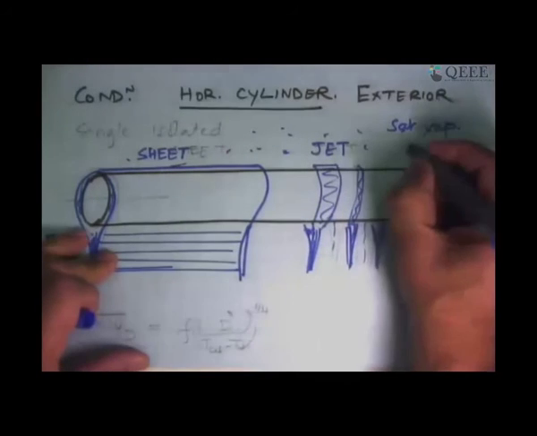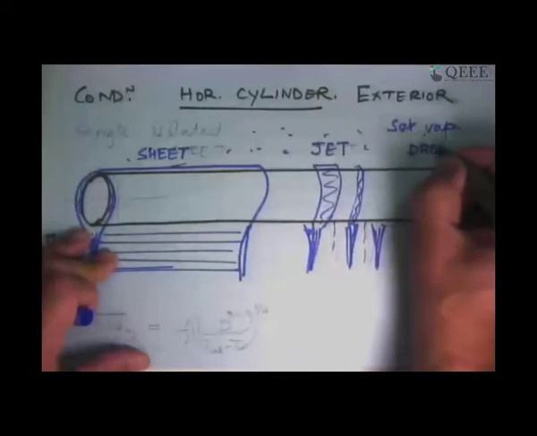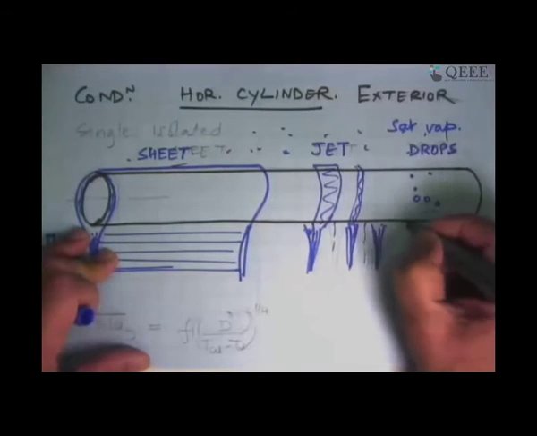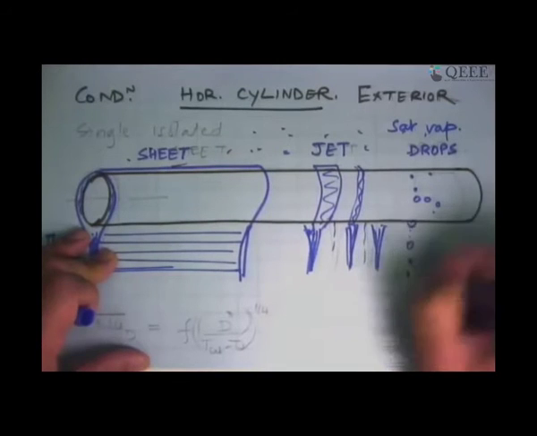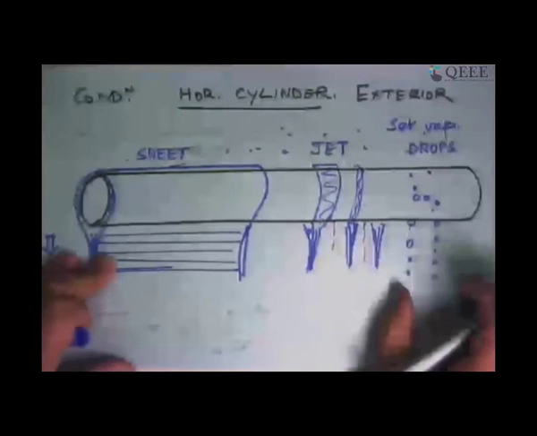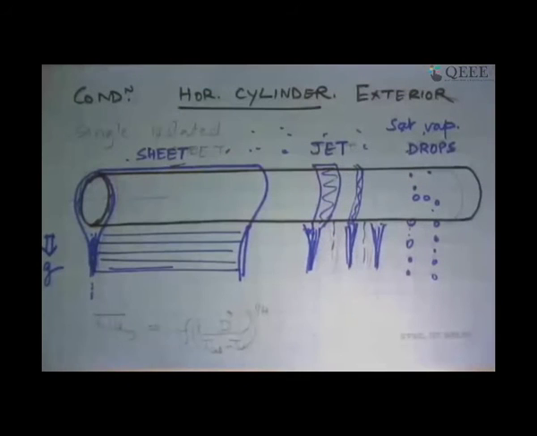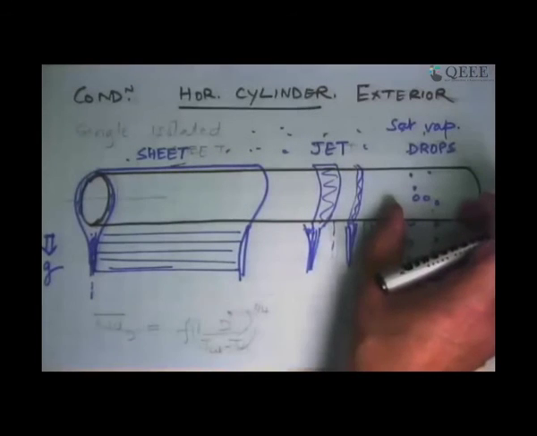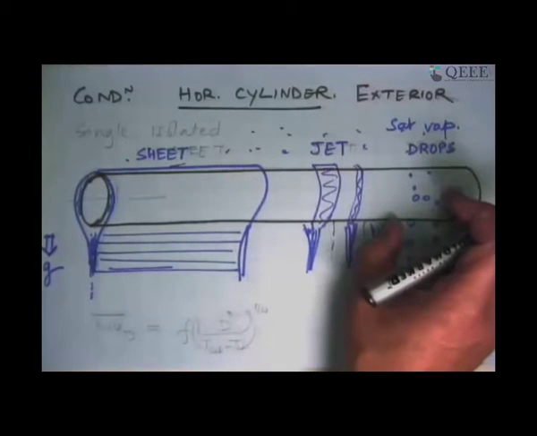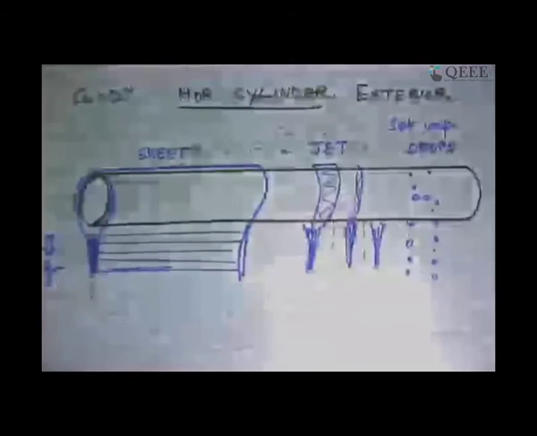And the last, third method by which condensation can take place is that it forms drops. They get big, and these drops just then break off and fall down. So this is drop-wise condensation on the exterior of the cylinder. There are various correlations for this, and you can clearly see that as an engineer you would like to be in this regime, because a lot of the surface is exposed directly to the vapor. You will get very high condensation rates, and that's the nice thing about this.